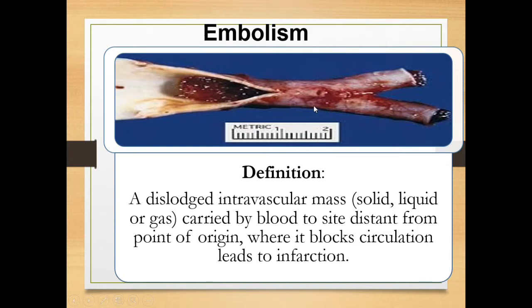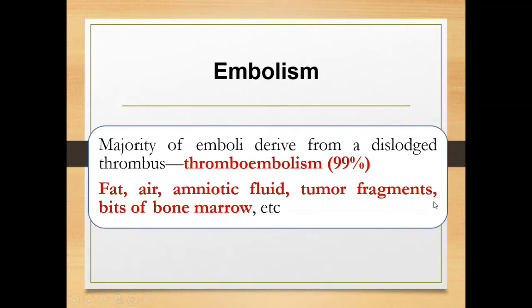So basically, this travels from the deep vein present in the leg to the right side of the heart, then from the right side to the pulmonary artery and blocks at that site. So emboli can be solid, liquid or gas. The majority of emboli are derived from thrombus, which we call thromboembolism, while 1% of the emboli are fat, air, amniotic